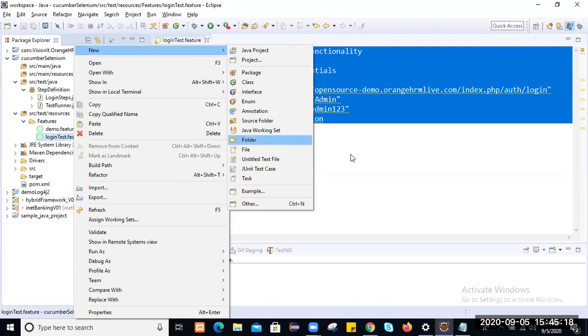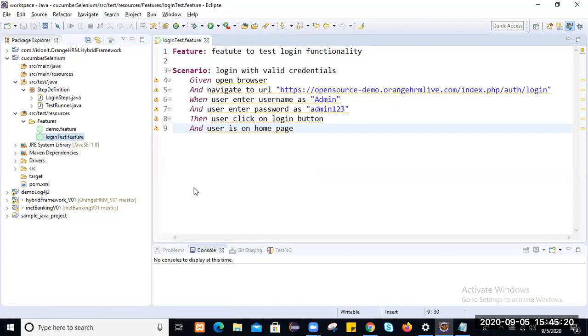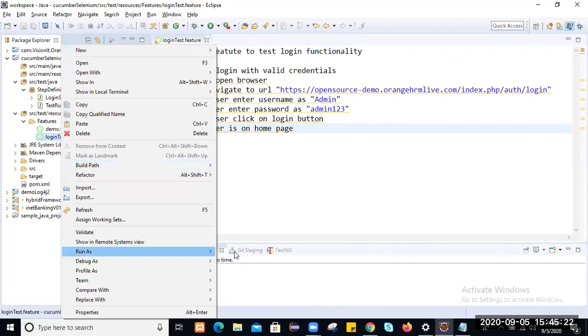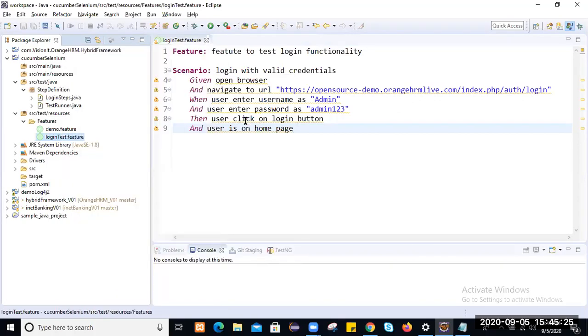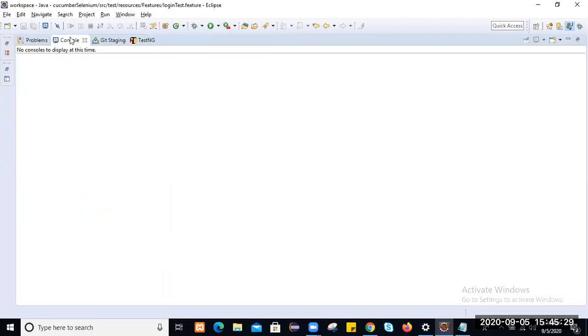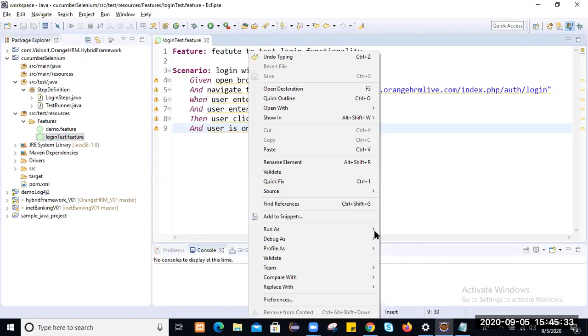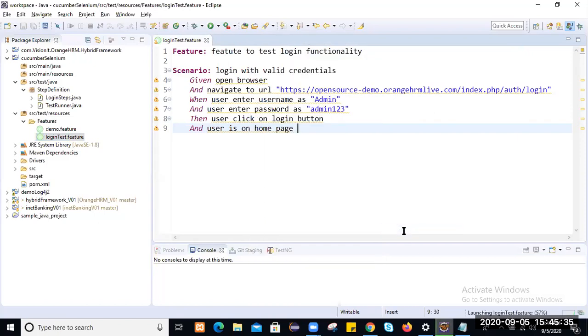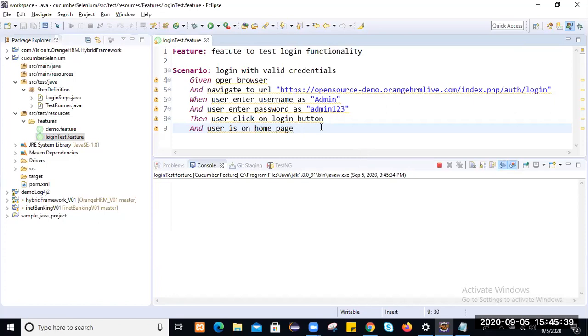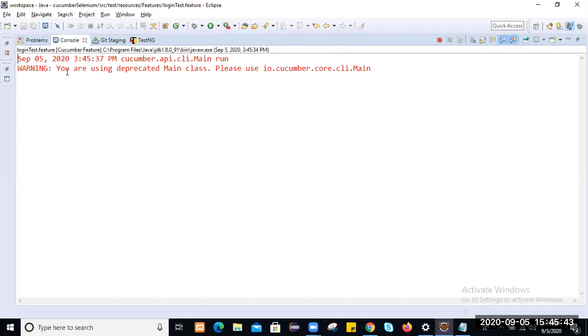When you run this feature file, simply right click on login test and use run as Cucumber test. So it will get executed.